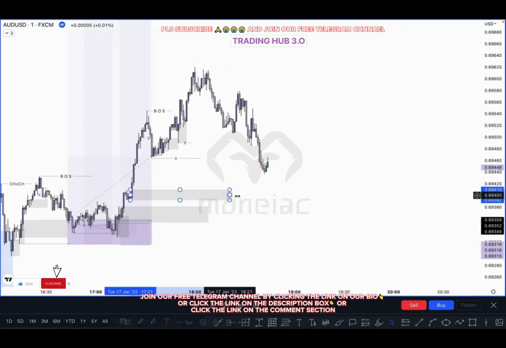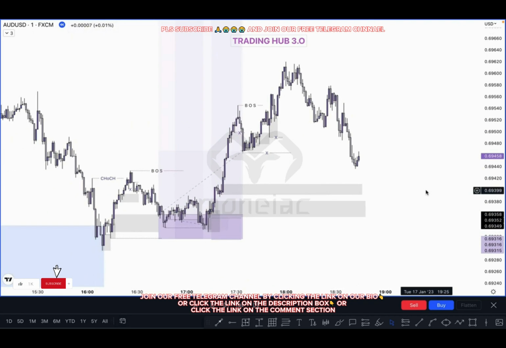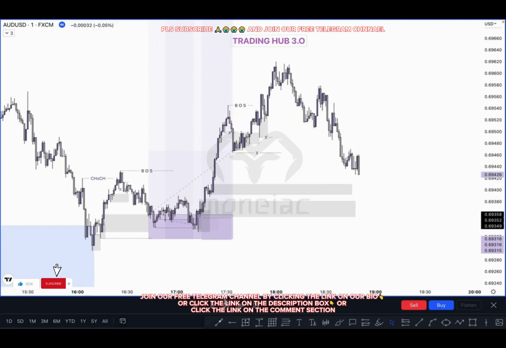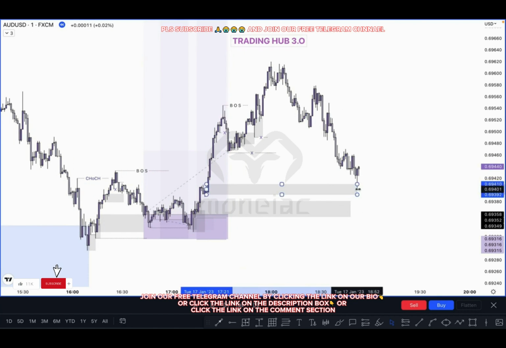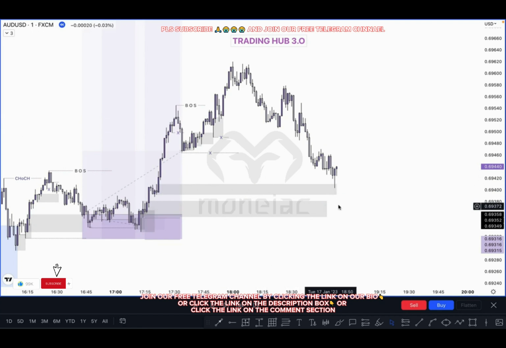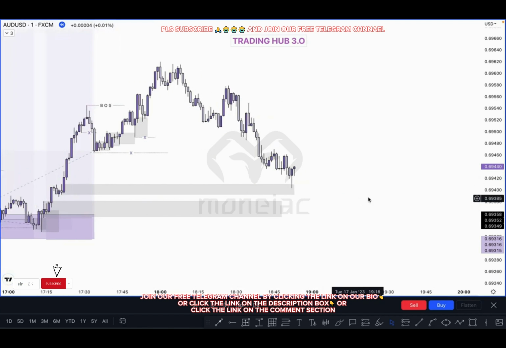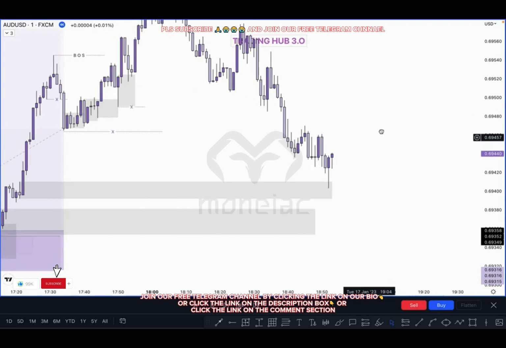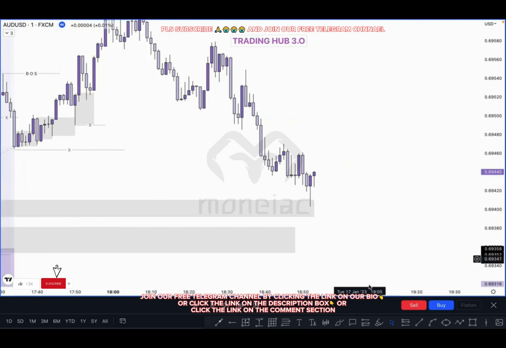All right, this one is our first PD array, and this one is our next PD array. Right, let's see what happened next here. All right, so finally the market tapped here. Okay, when the market taps here, and this is our first PD array, when can we take a decision for the buy, and what criteria should you follow before the buy? You can buy here as per a single candle order block. So this one is our single candle order block, because this candle took out the liquidity and tapped on your